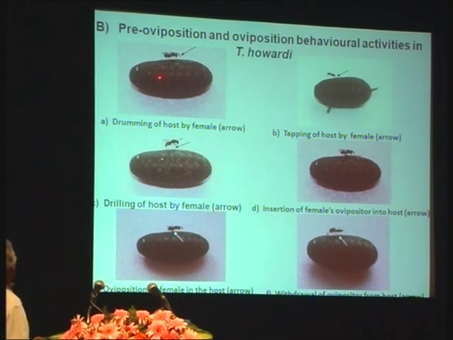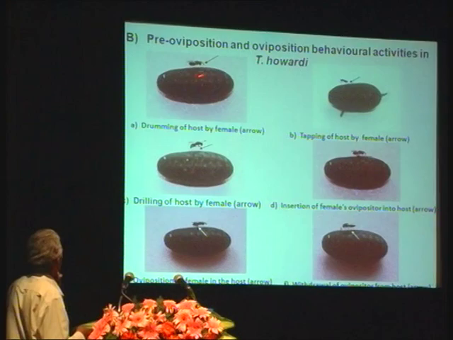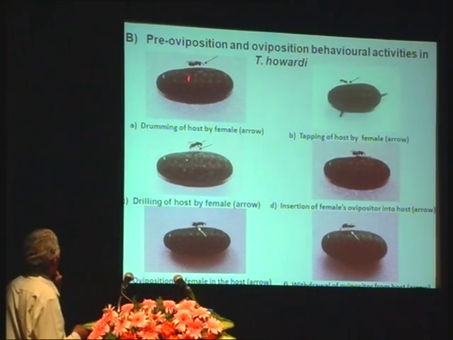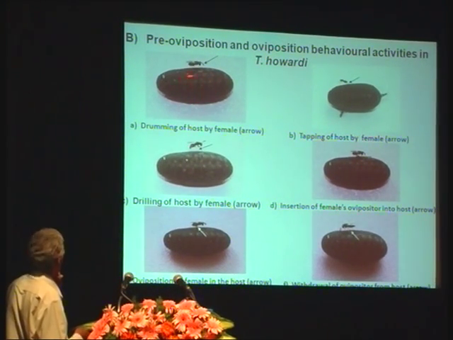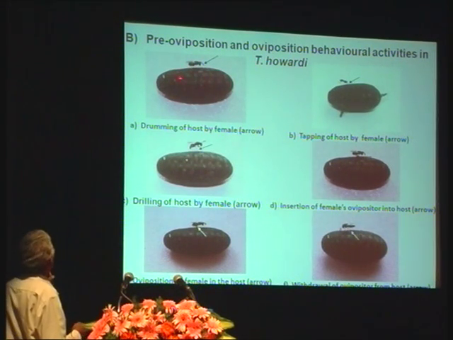Here you can see the pre-ovulation and ovulation behavior activities. The parasitoid alights on the host. This is the host female, this is the pupa of the Uzi fly. So the parasitoid has